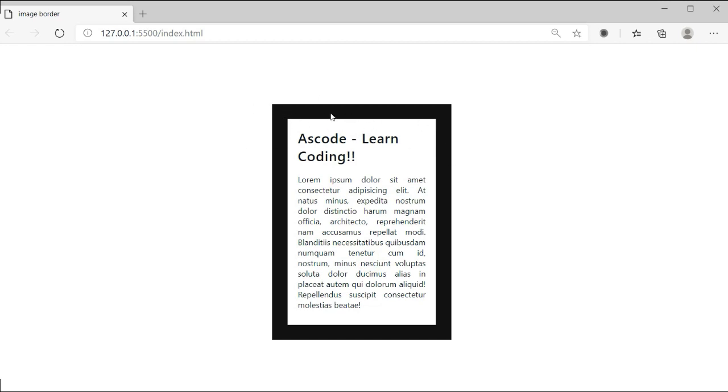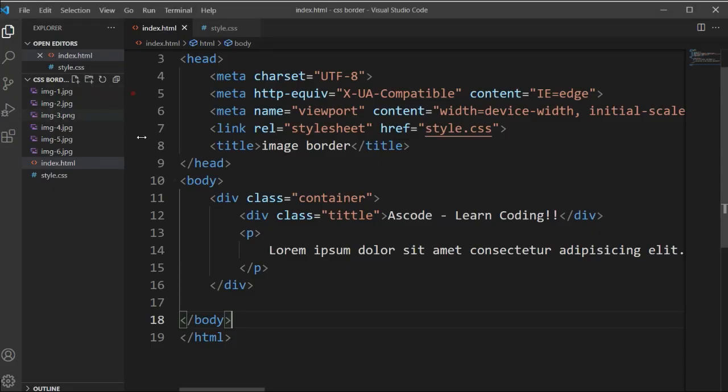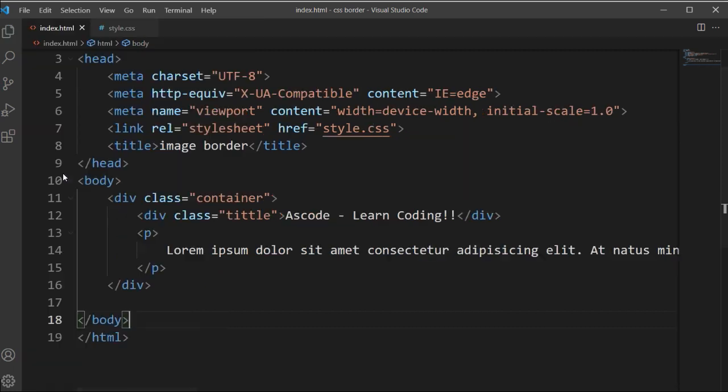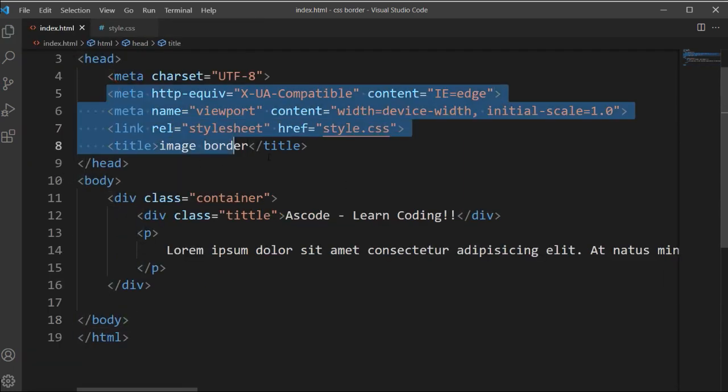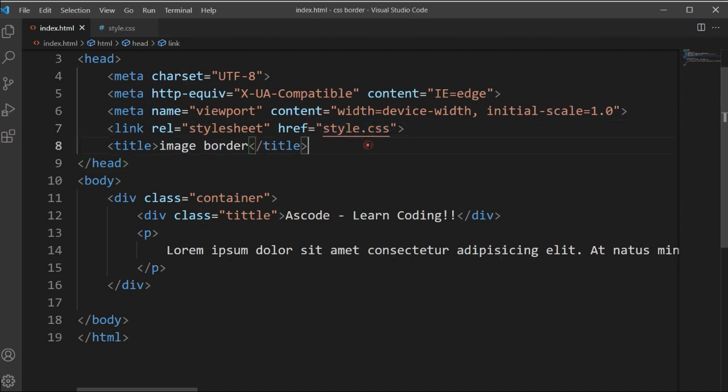We can add a border image though, so we will add this image border and I'll show how we can apply it. So I will show you in my VS Code. I have already opened this, and you can see all the images here, index.html and style.css. So I will hide this section here. Now you can see we have this basic HTML code, and we have connected the style file, and here is the title and the text we have written for this card.